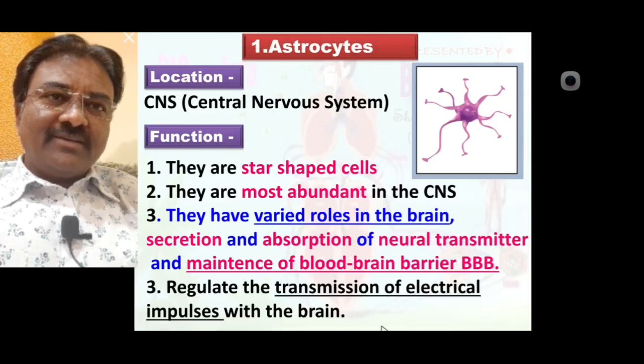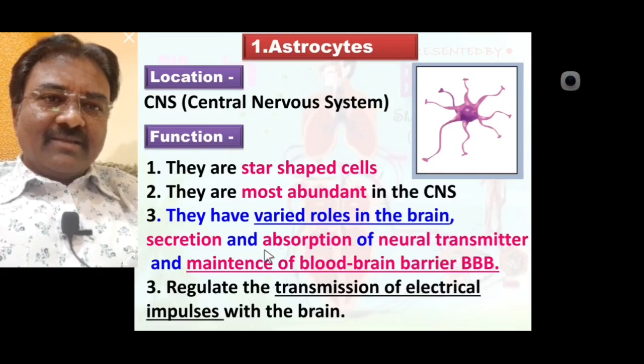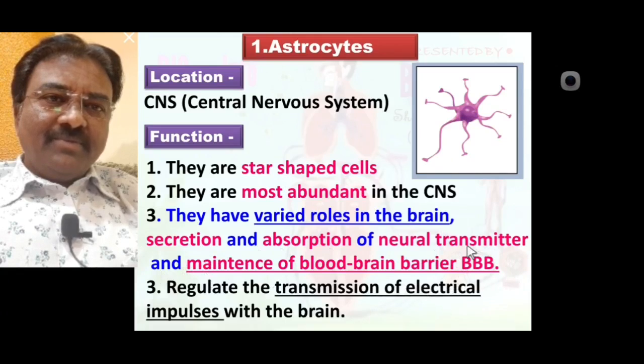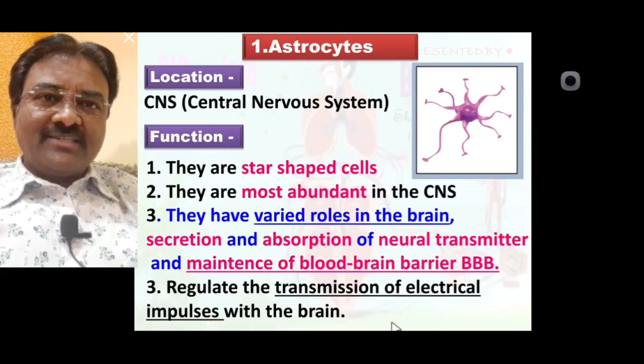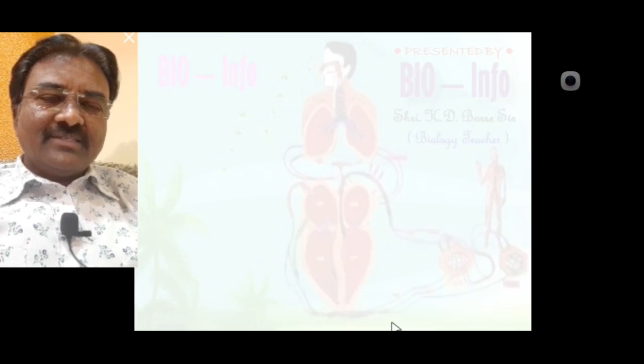Means astrocyte neuroglia is most important, present in CNS, and performs different functions in the brain: secretion, absorption, neural transmitter, also maintenance of the blood-brain barrier, BBB, and transmission of electrical impulses. Hope that you understood everything, what is actual astrocyte and what are the functions of astrocyte. Now second one is